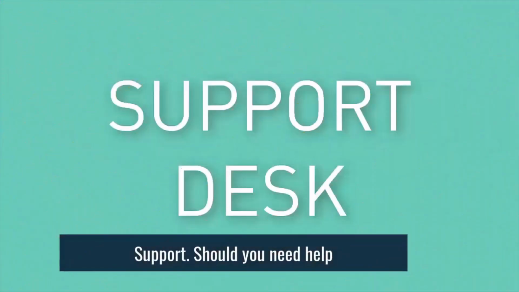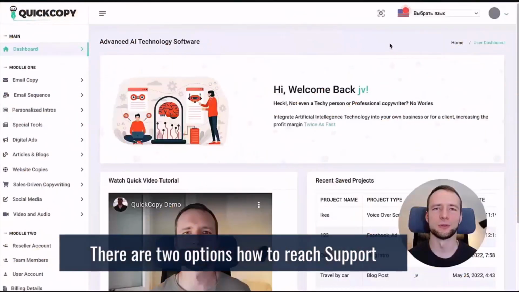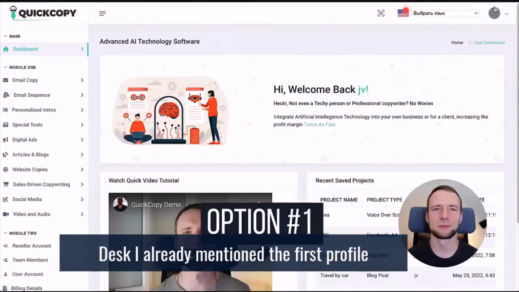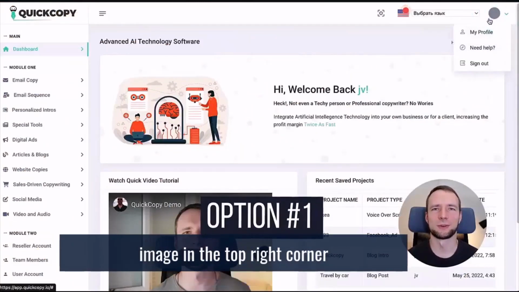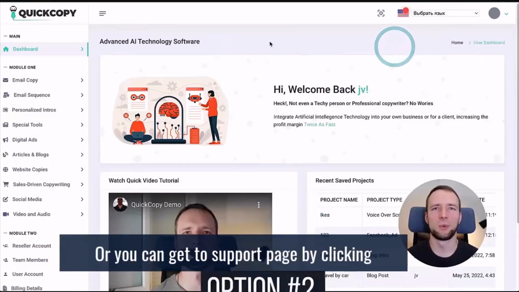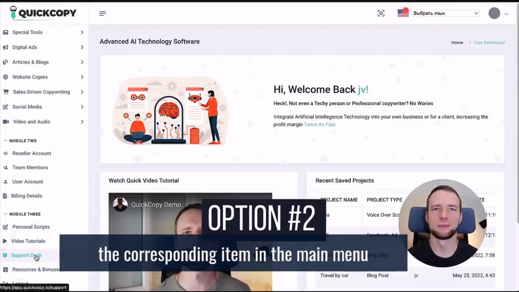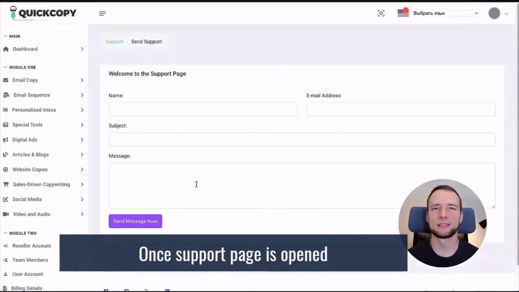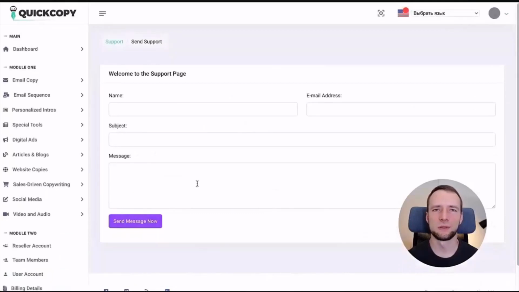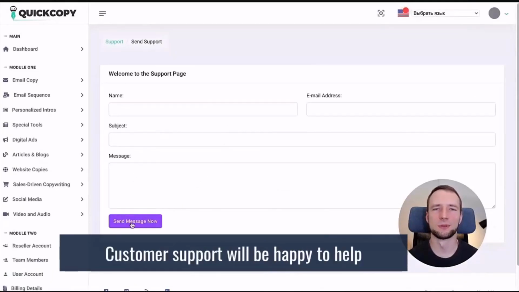tools. Support. Should you need help, there are two options how to reach support desk. I've already mentioned the first, profile image in the top right corner. Click that and here select Need Help. Or you can get to support page by clicking the corresponding item in the main menu. Once support page is opened, you will see the form, fill that, and QuickCopy's customer support will be happy to